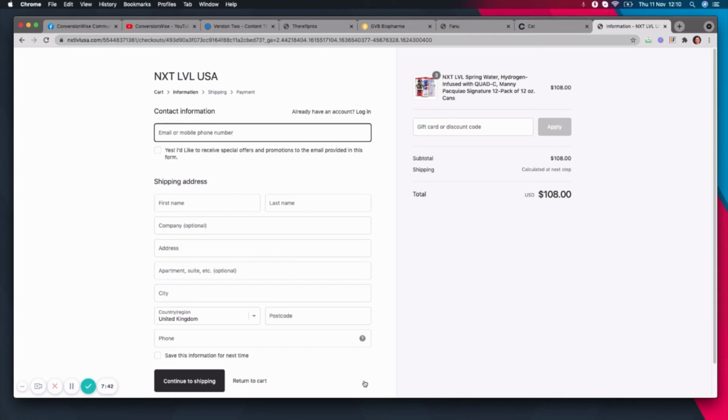Now, sales funnels are great when you've got other products that you would like to upsell your consumers. So just think about your product. Have you got something that you can cross-sell with it? Have you got something that you can upsell with it? In that case, you probably need a sales funnel.